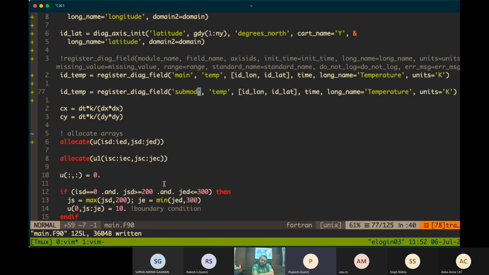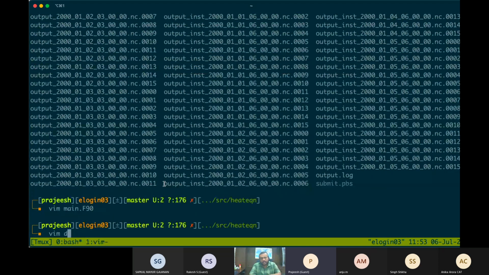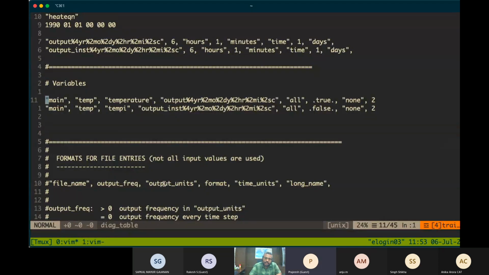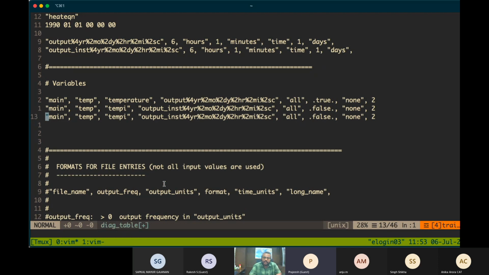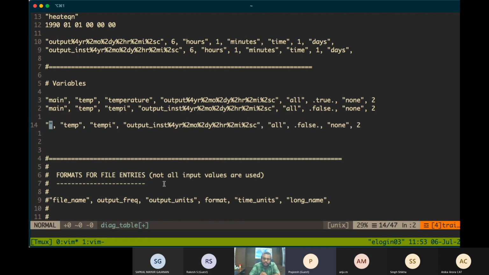Just keep some other identification or some other name for that module, and you can get that particular value by controlling it from here. You can give some other name, so you can keep this name the same.